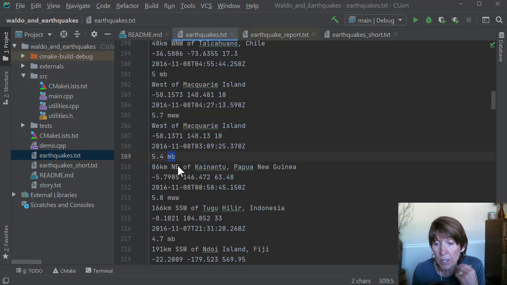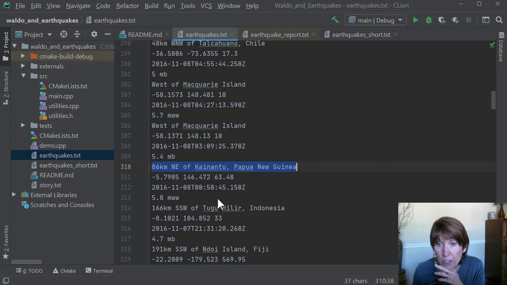So you're going to be doing some reading with the extraction operator, and you're going to be using the getline function to read this string, right? So that you can get all of it, including the space. Now remember, when you do that, to be careful with when to use that ignore, right? After you read with the extraction operator, it leaves that carriage return sitting there. So you want to make sure and ignore that carriage return before you read that string using getline. So be sure and remember that detail.